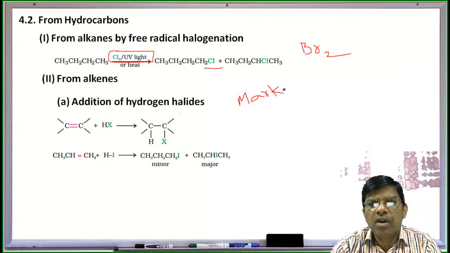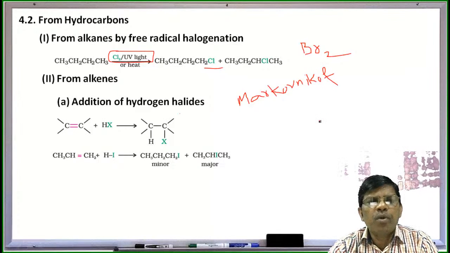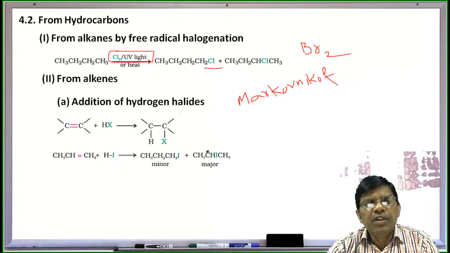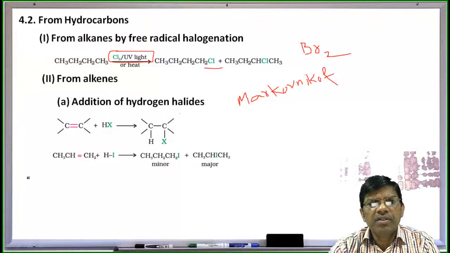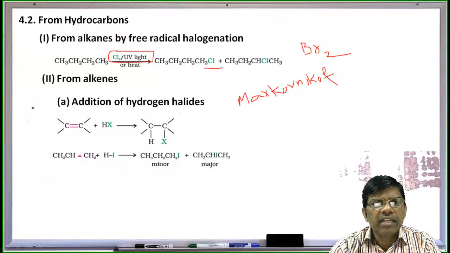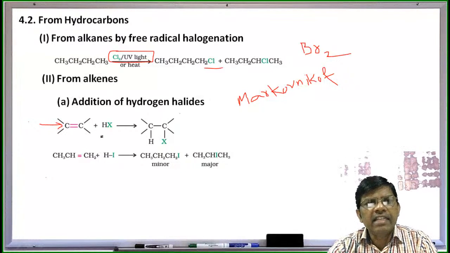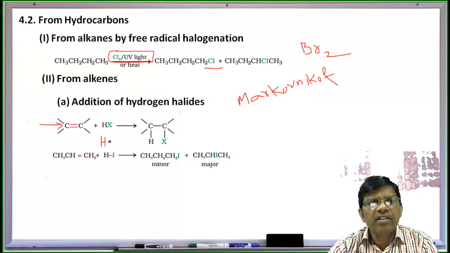Markovnikov's product is the compound which undergoes addition reaction, where the incoming nucleophile adds to the carbon having less substituted carbon. So for example, if I take this alkene and HX, it is hydrogen and X,